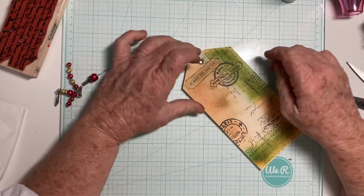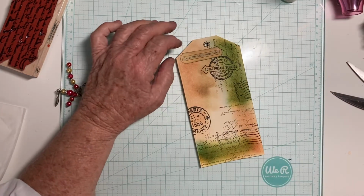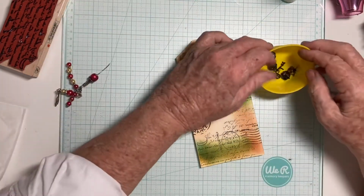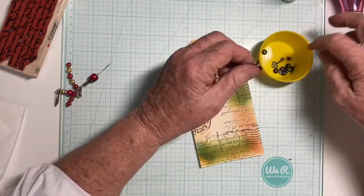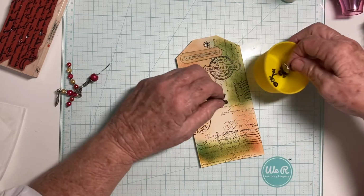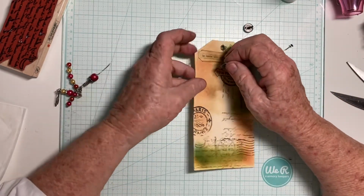Okay, now I'm going to put a couple of brads here. And my brads simply have numbers on them. I'm going to put 3. And